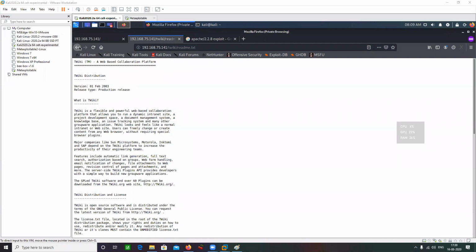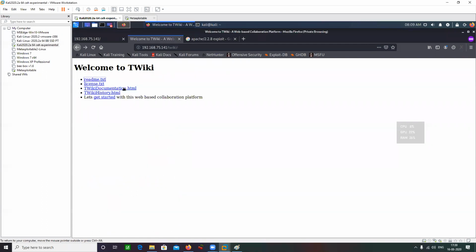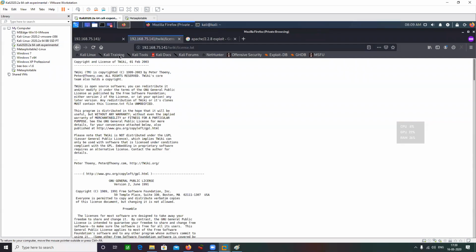So let's get back here. License.txt, copyright for license. So what I'm doing here is, when you approach a web application, so we are going to ping from VPN. I do not understand the relevancy of ping here.